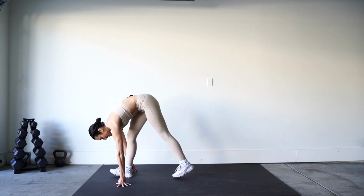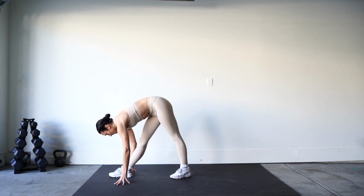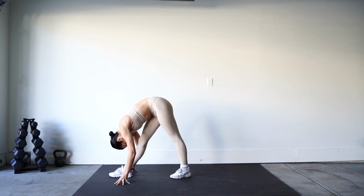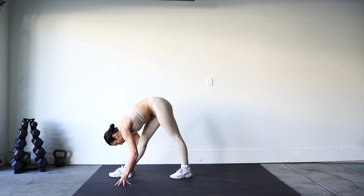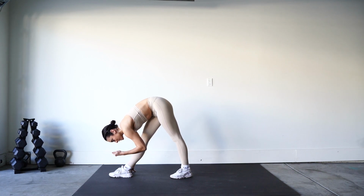And then bring that back leg up, straighten your front knee, and rest over that front leg. Head and shoulders are relaxed. Breathing deeply, sending that oxygen down into that area where you're really feeling that pull, that tension. I like to imagine that tension that I'm feeling is like that muscle is just trying to breathe. We're trying to create more oxygen flow, releasing all of that hard work,